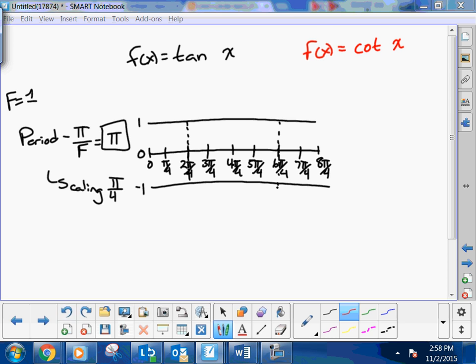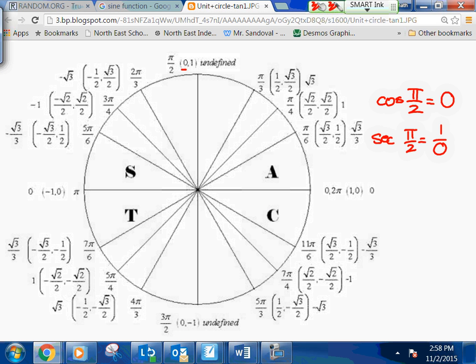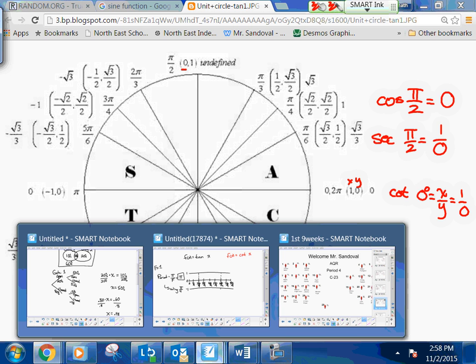And the reason being is this. Let me give you proof. The cotangent at 0 degrees means I'm going to do x over y, so I'm going to do 1 over 0, which means that's where the asymptote generates itself. What does it mean to us? It means that at this value, at 0, at pi,